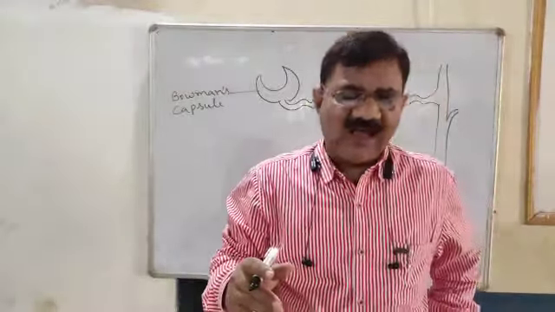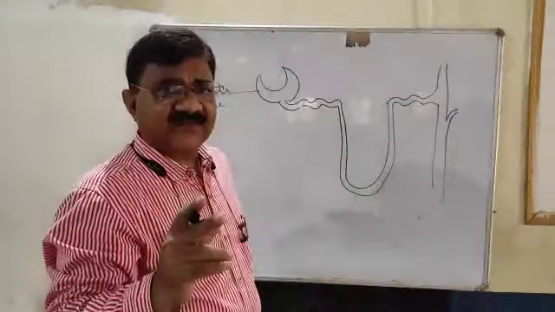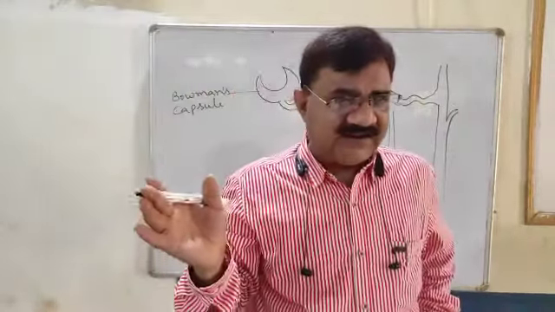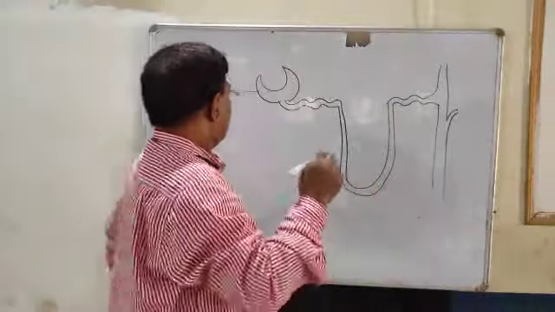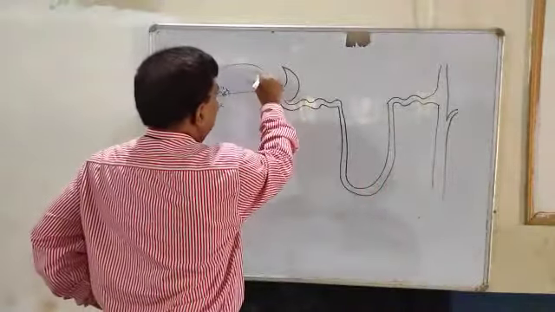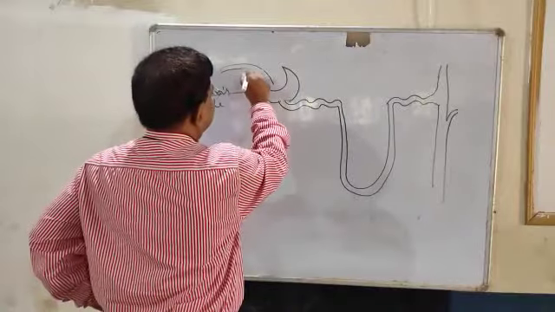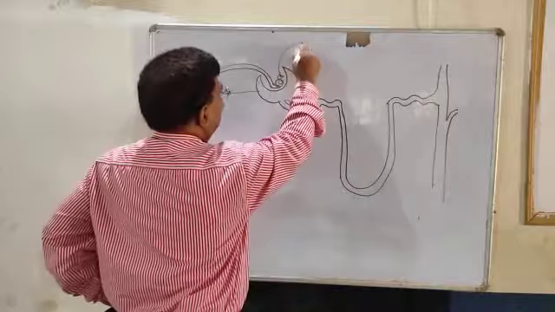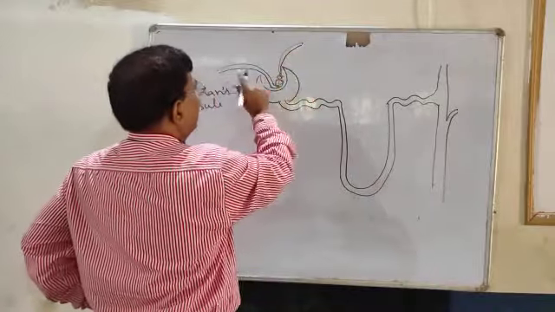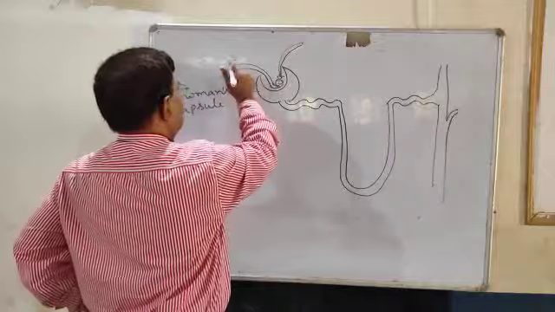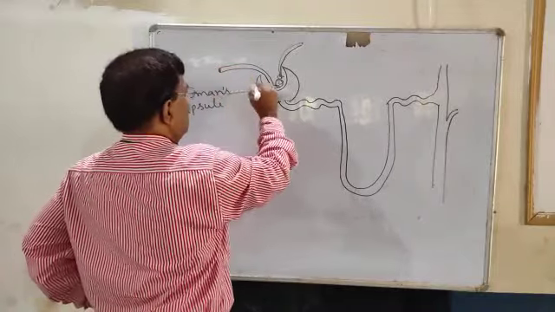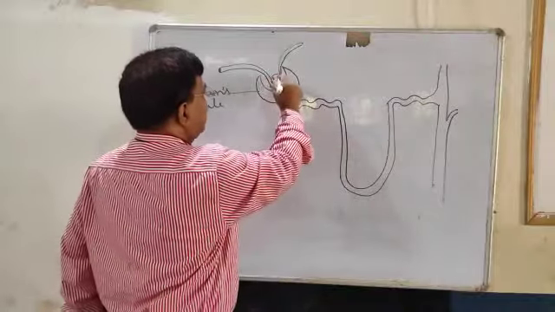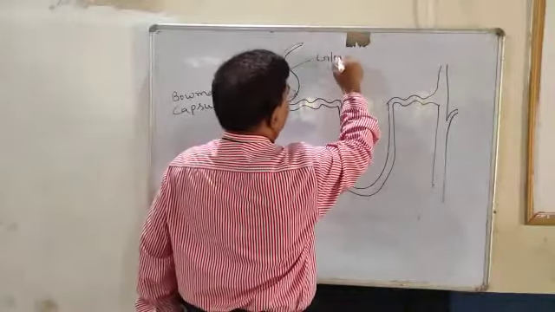As an afferent arteriole, the artery breaks to form arterioles. As afferent arterioles, it enters here and breaks into capillaries and comes out as efferent arteriole. Now try to understand. This part is the glomerulus,